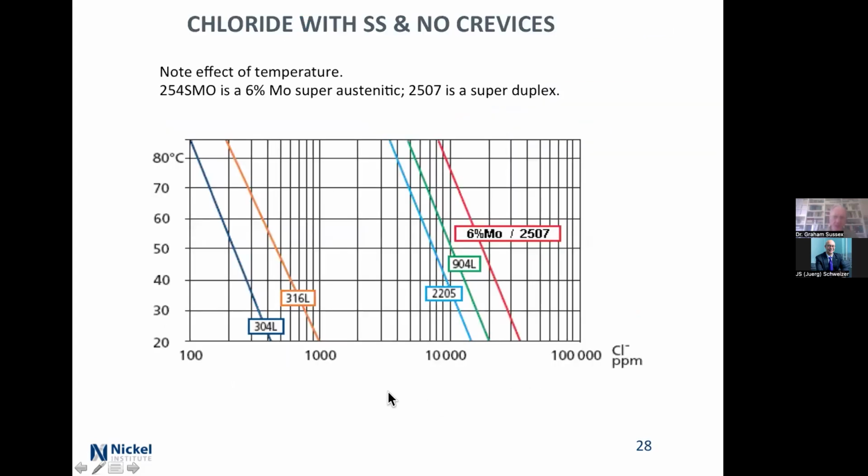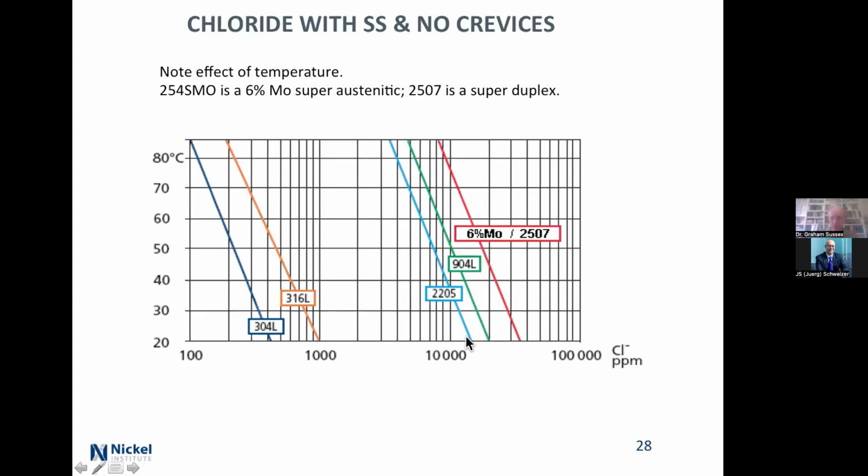And okay, let's get really down to the nitty gritty of it. Here we've got chlorides across the bottom, temperature up the side, and we've got alloys. 304, this is against pitting. Okay, 304, 316, and what you're looking at, 20 degrees C. 304 in theory, on an engineering basis, will cope with 200, 300, 400 parts per million. In practice, the limit that is given is about 200 by the Nickel Institute to give you a bit of margin. About 1,000 for that.